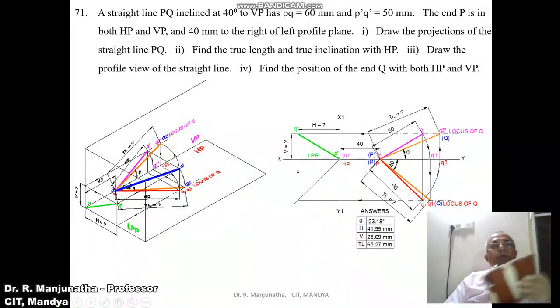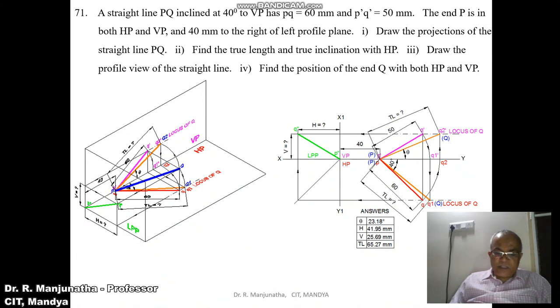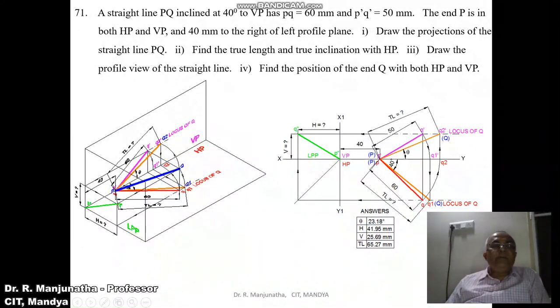A straight line capital PQ, inclined at 40 degrees to VP, has top view PQ which is 60 mm and front view P dash Q dash equal to 50 mm. The point P is in both HP and VP and 40 mm to the right of the left profile plane. Draw the projections of the straight line capital PQ and find the true length and true inclination with HP,